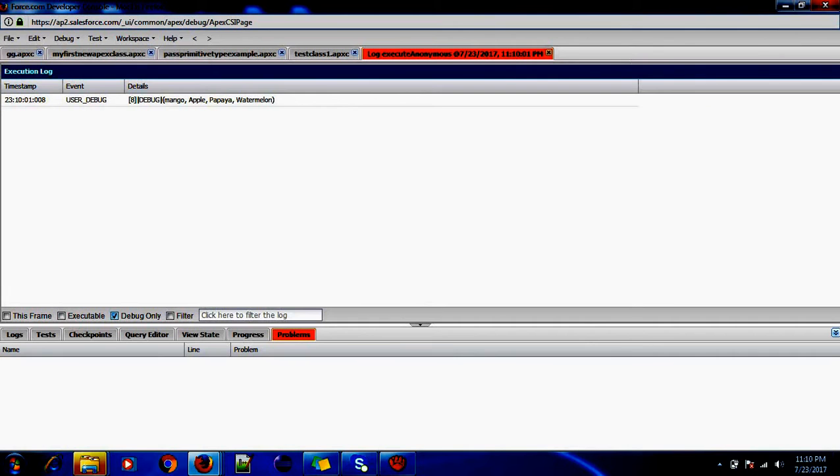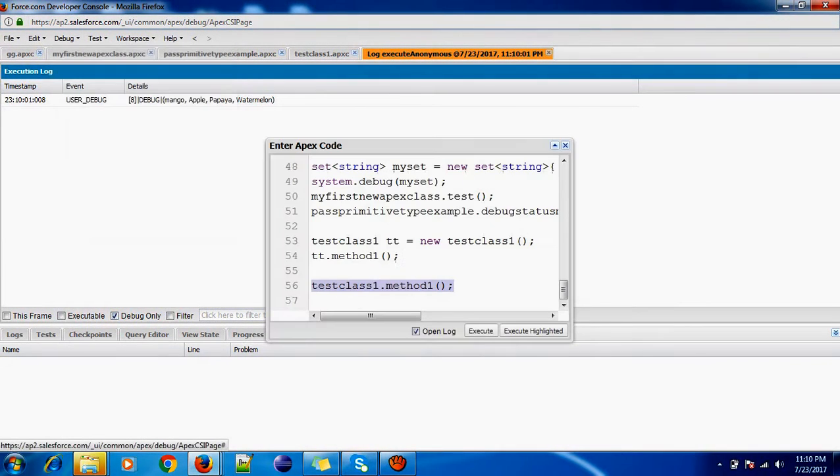Same output, but what I wanted to show is that if we add static, we just have to call the class name and method name. If you want to see what is static, why we have to use class name and method name, please watch my next video. What is static, then what is final, I'll be telling you in my next class.